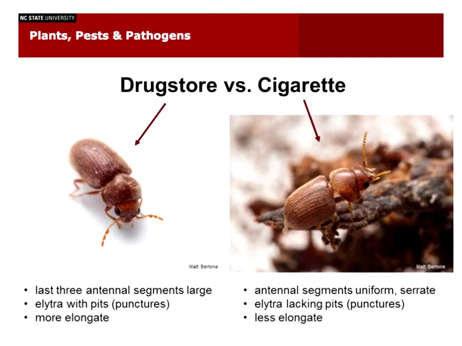The drugstore beetle also has lines of pits in their elytra, whereas it's difficult to see here, but the cigarette beetle lacks these pits. The elytra is smooth under that short fur that it has there. And lastly, you've got to kind of compare them or see them a lot, but